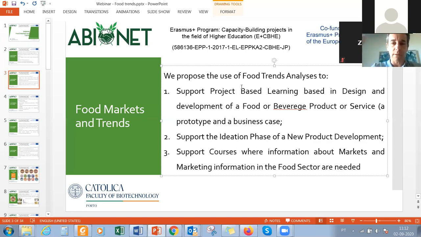So we start offering them in an ideation phase tools for them to think and to face what could be relevant issues to consider when designing a food product. So relevant for, of course, the module of new product development. Also very much relevant for the